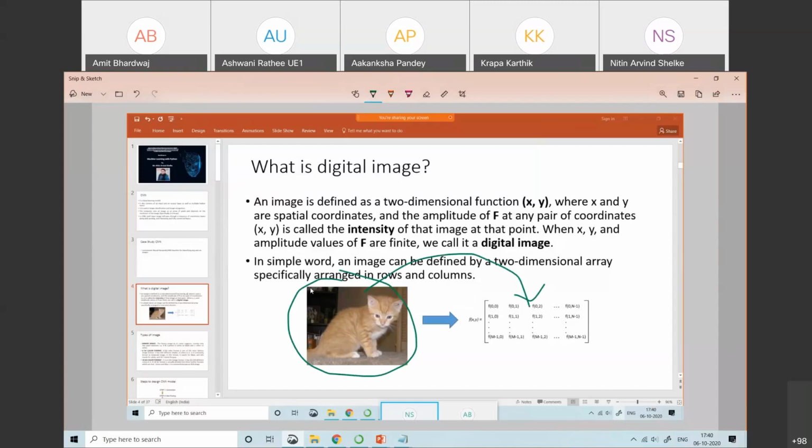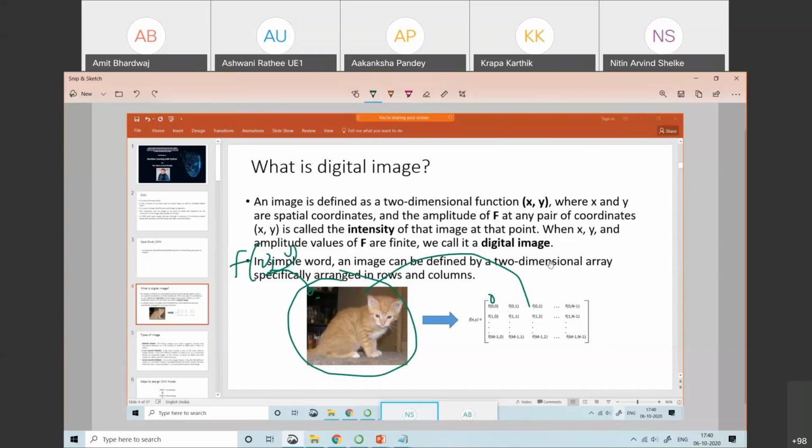Let's suppose I take this small point, f of 0, 0. You will get the intensity for that particular value. The intensity value for the black color should be 0. Likewise we'll have different intensities as we travel across the image. So you will get a two-dimensional matrix with the intensities of that image at each particular point.